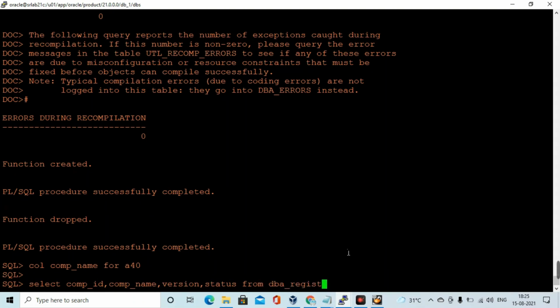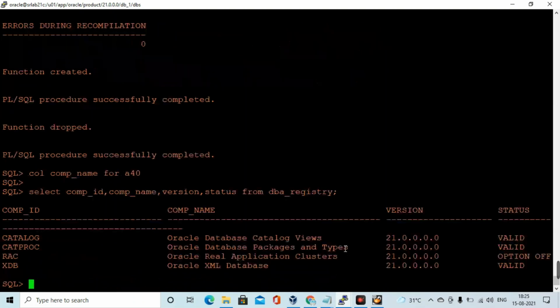So utlrp ran on the PDB seed container also. Now the registry components catalog and catproc are valid. So now let's check the count from DBA objects where status equal to invalid.